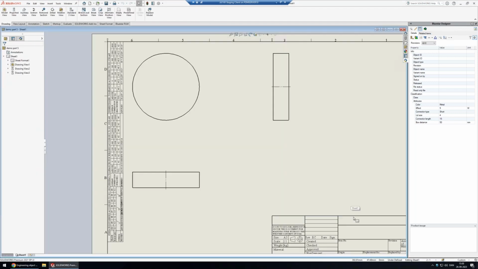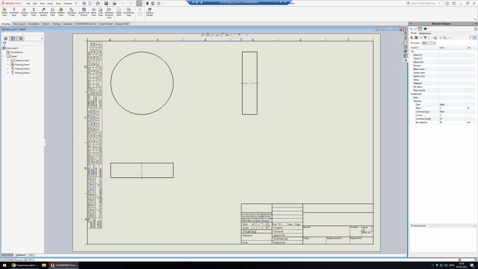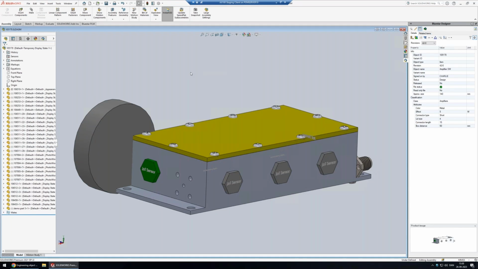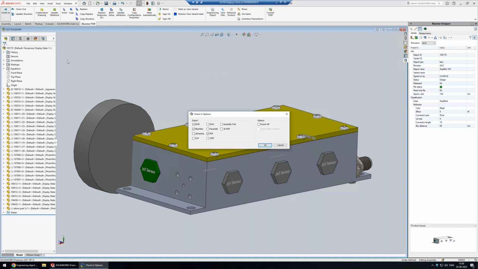So now I just add a part, no title block information at the moment. I'll just insert the default view. Of course, you finish the drawing with measurements and all these things. Now I've created a new component. I've added a lid that I searched from Bluestar, and now I can check it in